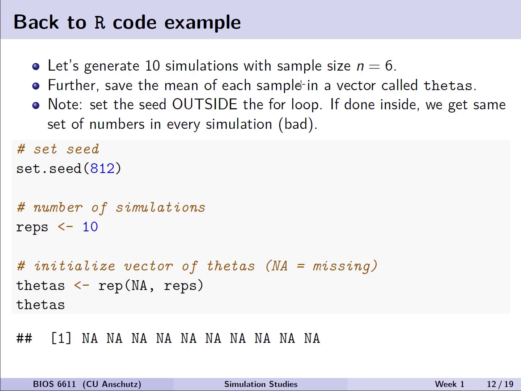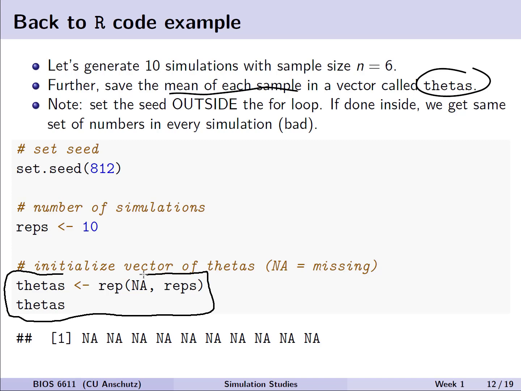Now let's return to our R code example, but first we'll set the seed and we'll expand this to generate 10 simulations, each with a sample size of 6. Now in this simulation we're going to calculate the sample mean of each sample, and we'll do so in a vector called thetas. Now we can see that in our code down below here. We're creating this object thetas to be 10 long, a vector of 10 NAs to be replaced with our observations